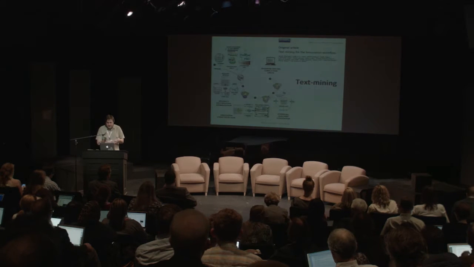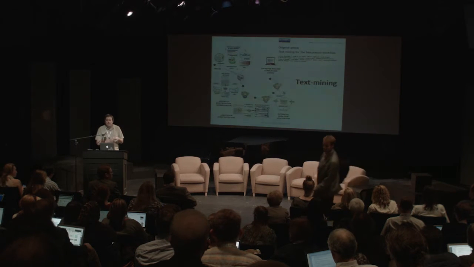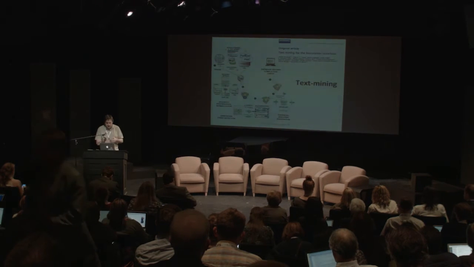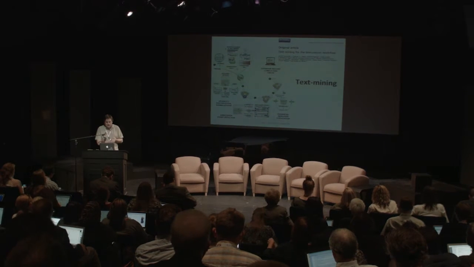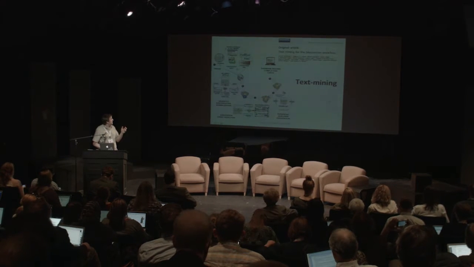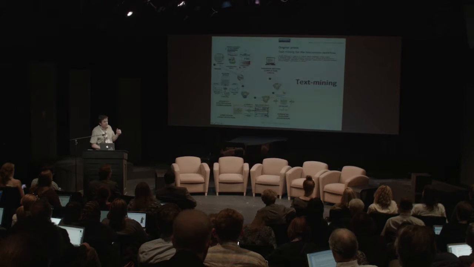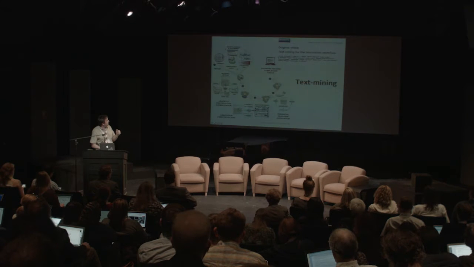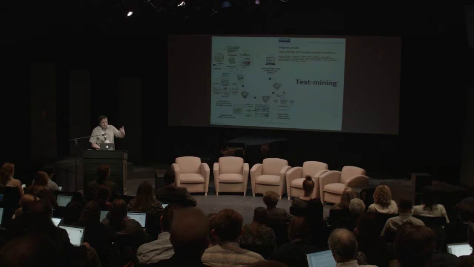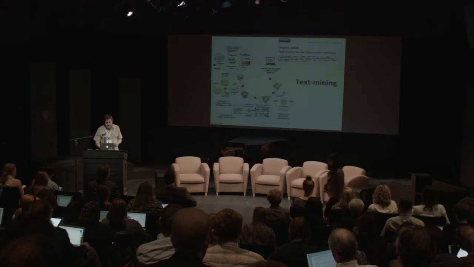And the third strategy is text mining. And of course, text mining and curation can work hand in hand, and in fact, this image is from a paper about that. So here, the literature exists, and one can use text mining to triage the literature that one wishes to curate. One can extract entities from that literature. One can find relationships between those entities, such as genes or small molecules. One can annotate the evidence and the provenance of those statements and incorporate those into databases so that they can